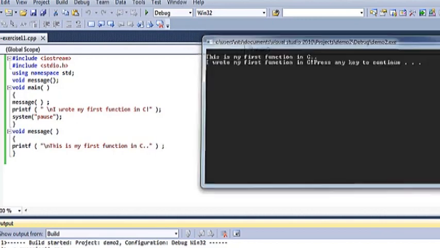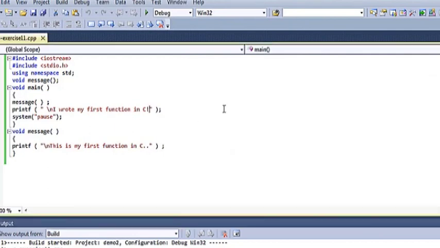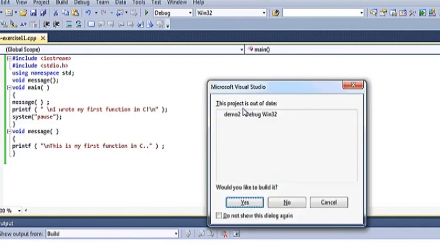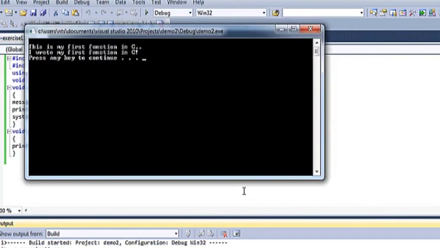What should I do? First I close it, and I would like to put here a new line character, which is \n, and then Control F5 again, and yes. So it's running,